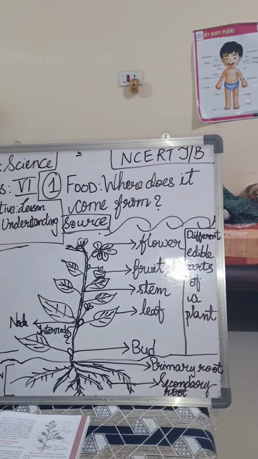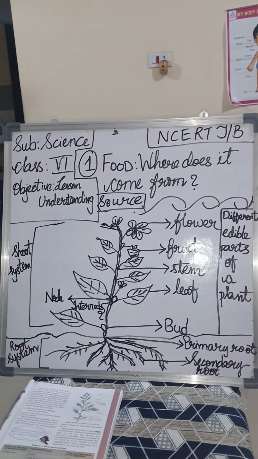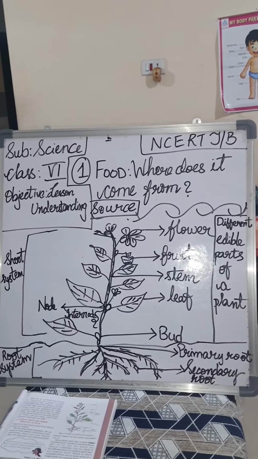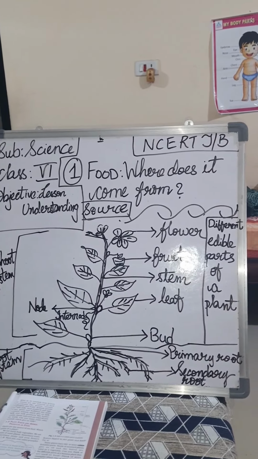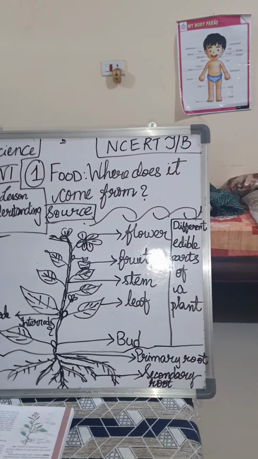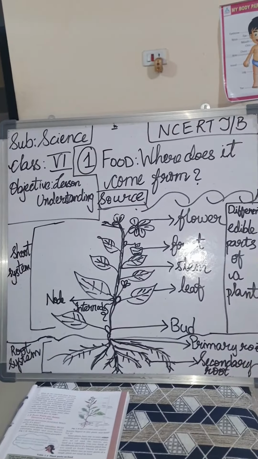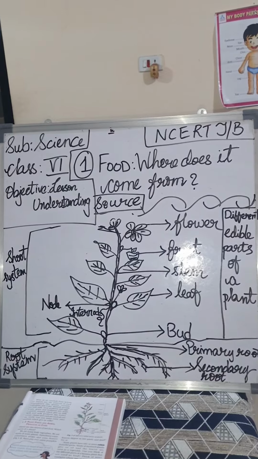So sometimes the roots of some plants we eat, some stems we eat, even flowers we eat. How are they eaten? The pumpkin flowers dipped in rice paste and fried. Try it, it is very nice. So some plants have two or more edible parts. That is, the seeds of the mustard plant give us oil, and the leaves also give us vegetables.